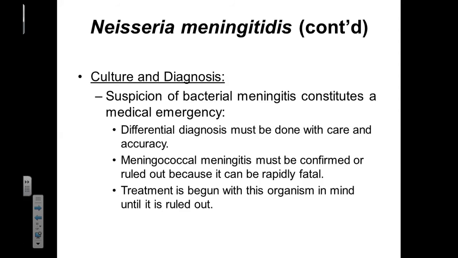Once you suspect meningococcal meningitis, differential diagnoses are going to be done, and these are going to be done with care and accuracy. Meningococcal meningitis needs to be confirmed or ruled out because it can be rapidly fatal and kill a patient quite quickly. Treatment is begun with that organism in mind because it's the one that kills patients the quickest, and it is assumed to be the pathogen until it can be ruled out. So we like to err on the side of caution